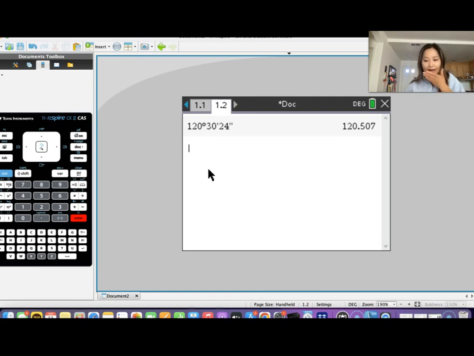So now you're like, wait, could we do the other one? Of course. So you know how we had 12.46 decimal degrees? That's with decimal degrees for part A, right? For this case, we're going reverse. So what you're going to do is not press the equation editor, because that's for when you're inputting DMS. But you have the decimal degree, so you want to get DMS. So what you do is not the equation editor, but you go to the